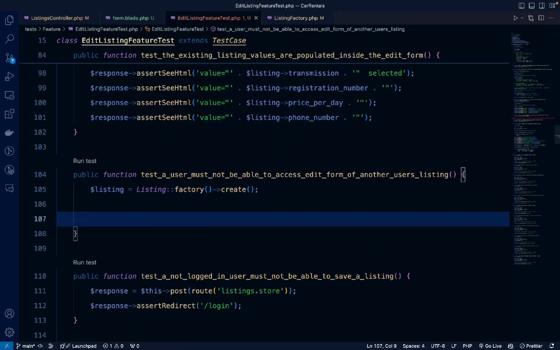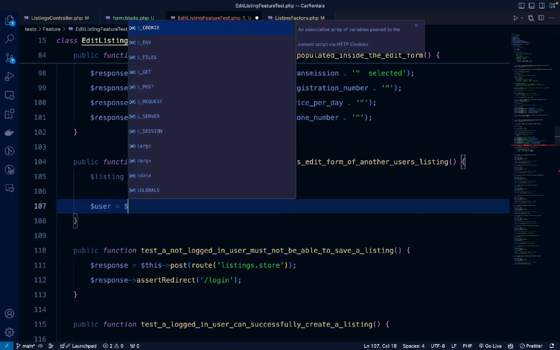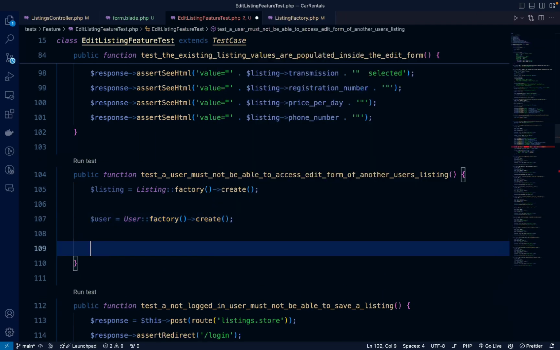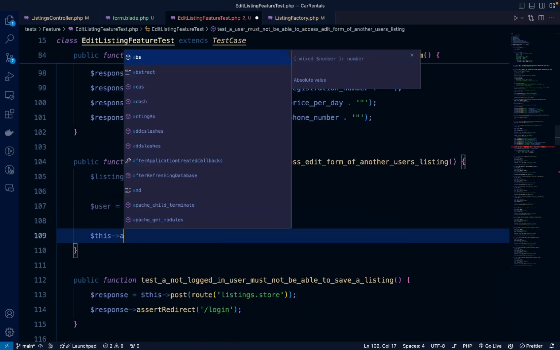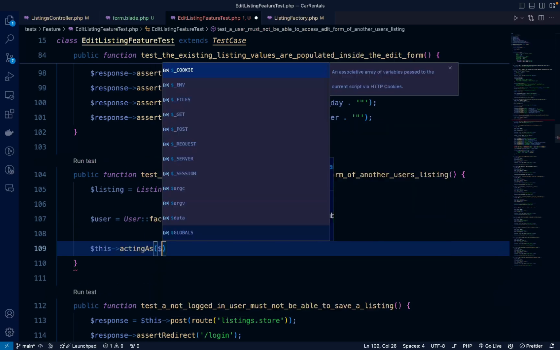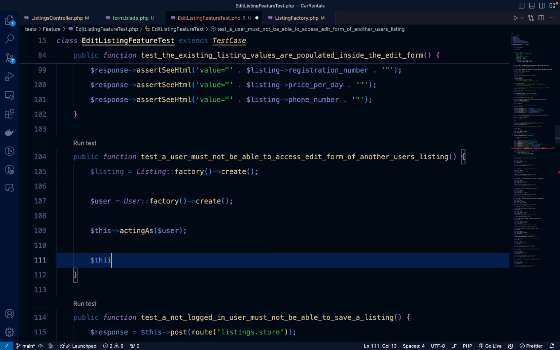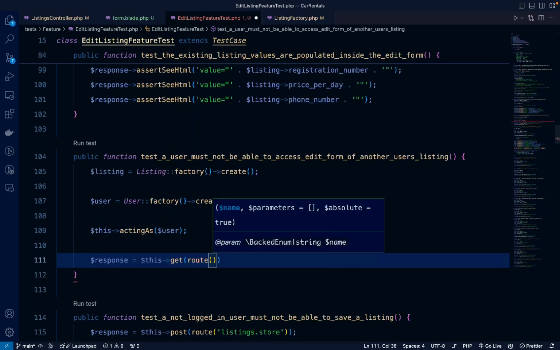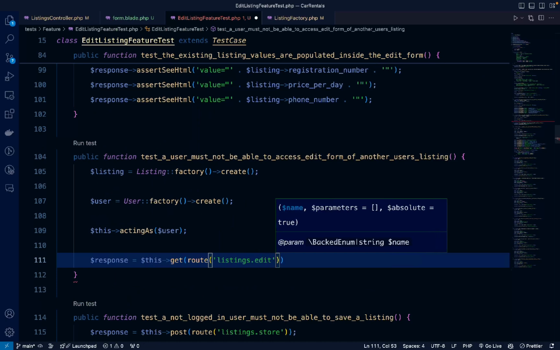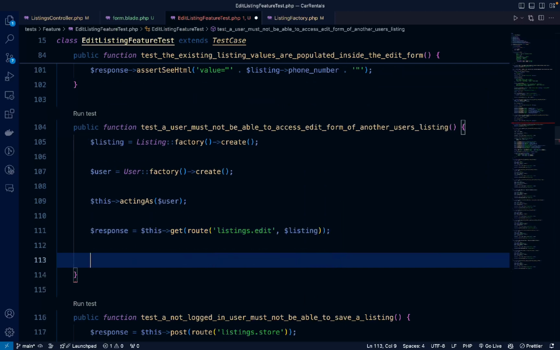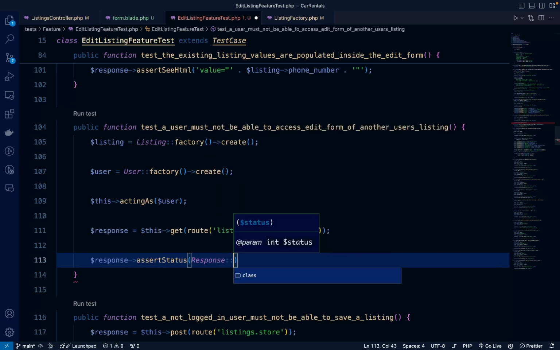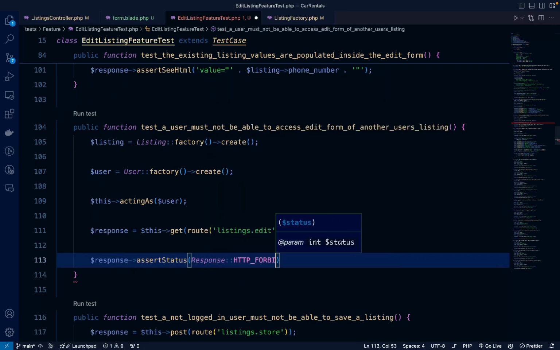When we do this, a user will be created for it, and then we're going to create another user, and we'll be logged in as that user, acting as user, and then we will try to get this route, listings.edit, and I'll say listing ID, or we could just say listing, and we'll say response assert status, response HTTP underscore forbidden,